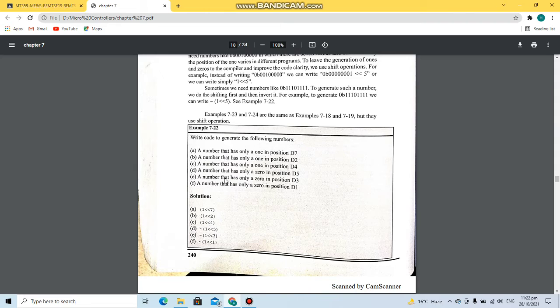So here in this example we'll be using greater than and lesser than signs to set directions of different pins. First we have position D7 and we have to change it to 1, so we write 1 lesser than 7. Then to change position D2 to 1, 1 lesser than 2, to change position 4 to 1, 1 lesser than 4, and to change